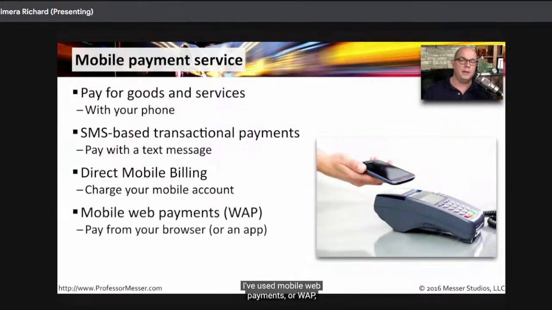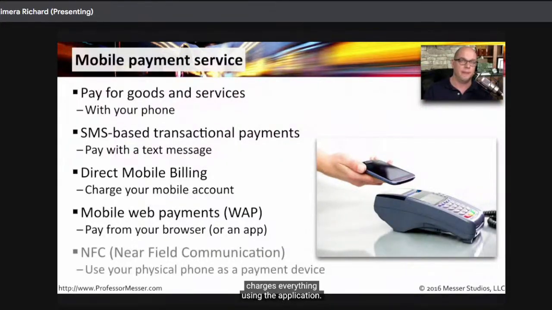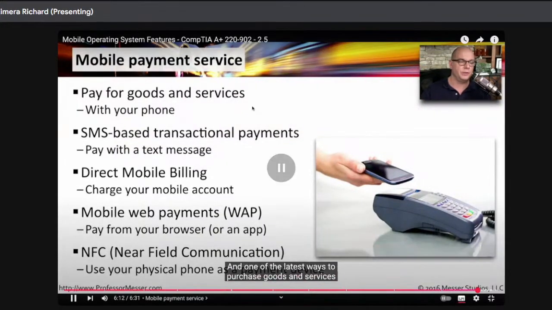I've used mobile web payments, or WAP, to be able to pay for taxi rides. I simply have an application where I put in the number of the taxi, and then it charges everything using the application. And one of the latest ways to purchase goods and services